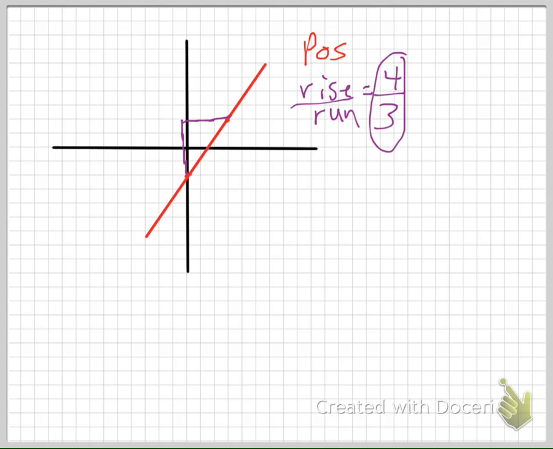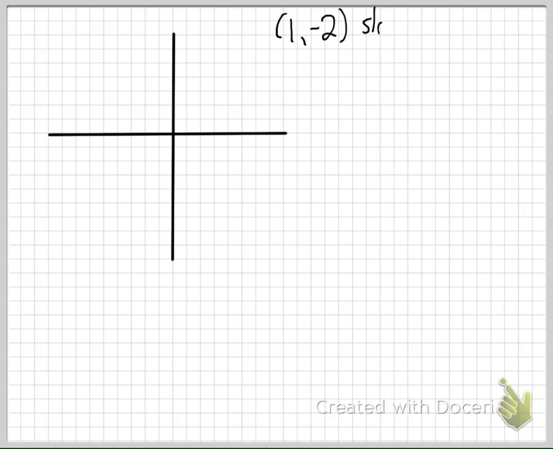Now, let's look at the front again. And this time we're going to be doing something a little bit different. This time we're going to be finding a line given the slope and a point that is on the line. So, this is number 3 on the front. Alright, so this tells us that we have the point 1, -2, and that we have a slope